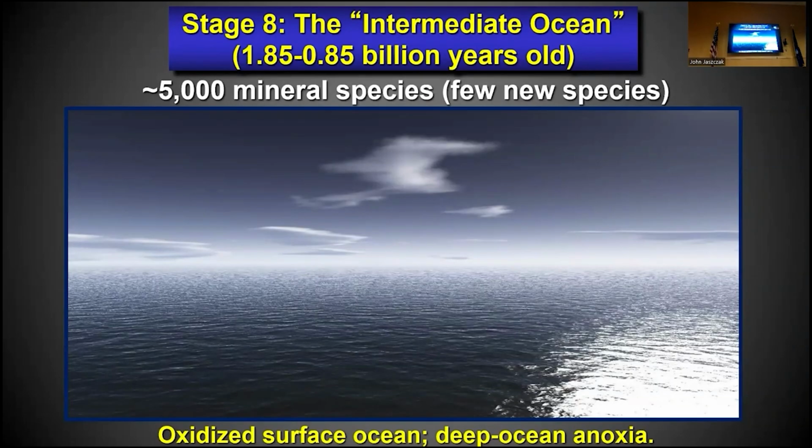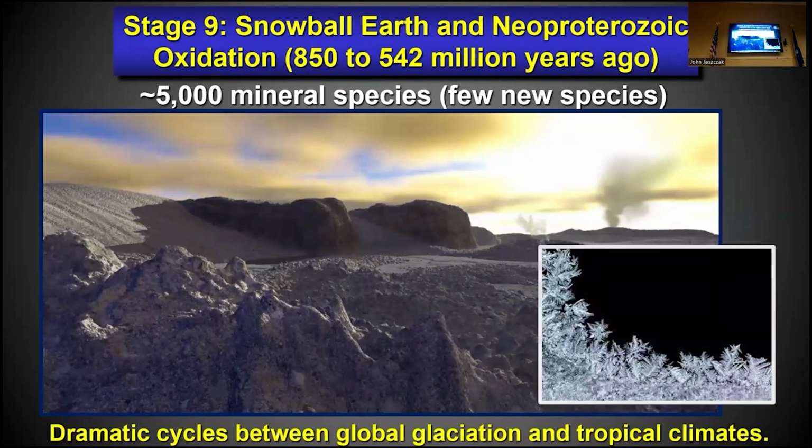Stage 8 is a period of about 1 billion years in which the oceans were oxidized at the surface, where they were in direct contact with the atmosphere, but it took about 1 billion years for the oxygen to penetrate all the way to the bottom as it is today. And once you do that, then you get rid of all the ferrous iron, the reduced iron in the ocean. It forms those iron formations at the bottom of the ocean, and then you can start doing new things. It also caused great swings in the climate because suddenly the atmosphere changed, the climate changed. You had periods, cycles, where Earth became very cold, and by some models, it was covered with snow and ice from the poles all the way to the equator.